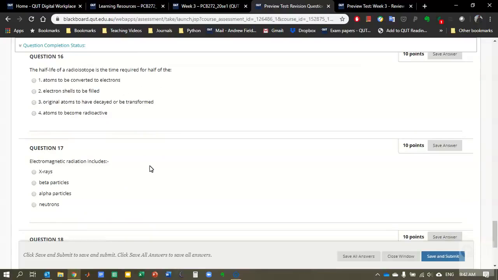So the half-life of a radioisotope is the time required for half of the original atoms of the parent to have decayed or been transformed. So it's an exponential. If we look at the activity or the number of atoms of a radioactive isotope, we see it falls off exponentially, and we hear a lot about exponentials recently